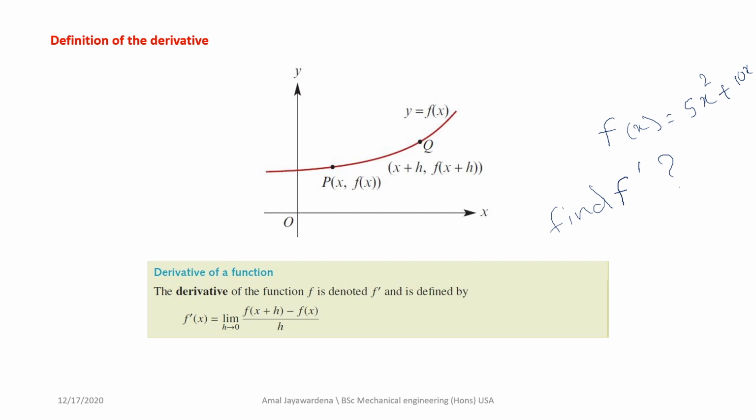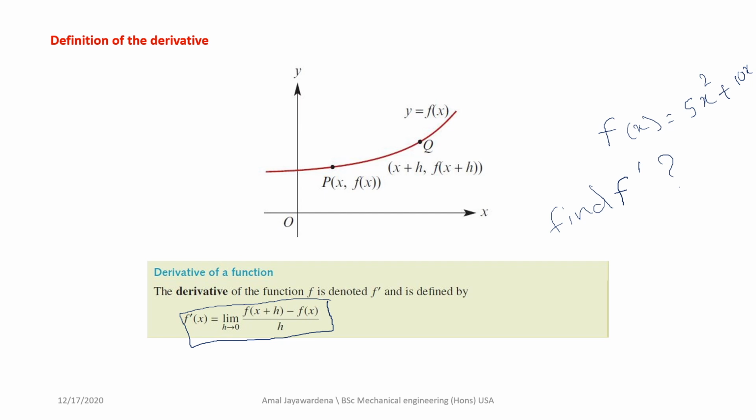So in this section we're going to say f'(x) is the limit as h goes to 0, and we have to use this equation every time when you find a limit: f(x + h) - f(x), divided by h. x + h means that's going to be